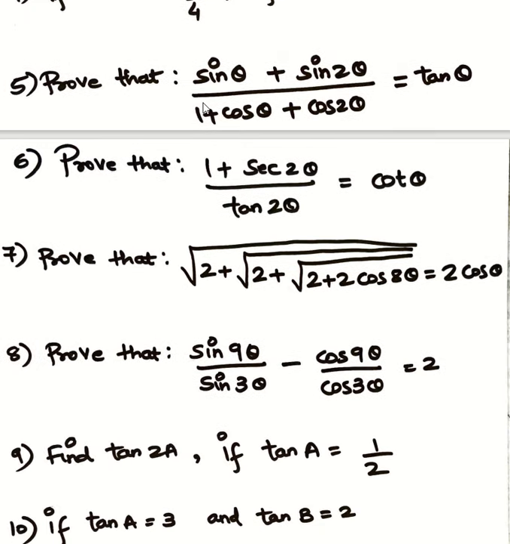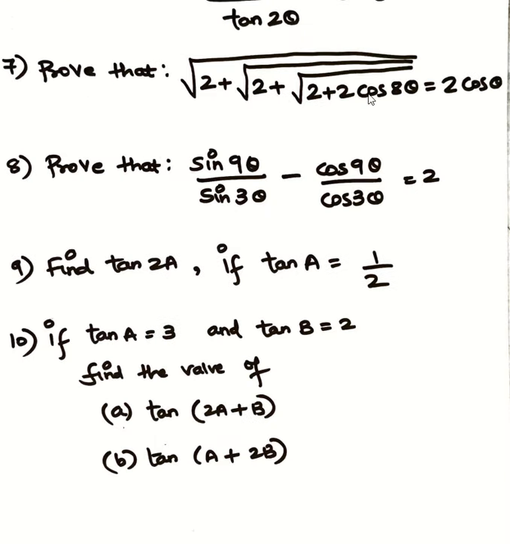Now question number 5 is prove that, and 6th also prove that, where something is given on the left hand side and something on the right hand side. Obviously the hint will be that here on the right hand side it is tan of only theta, meaning we want the answer in the angle theta only. So try to reduce this 2 theta part and keep the theta part as it is, because we want the answer in theta. Here also sec of 2 theta, so try to reduce sec 2 theta in such a way that we get theta. Because we do not want the answer in the form of 2 theta. So that is the hint for these two questions.